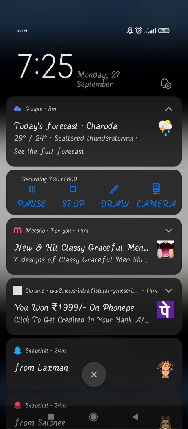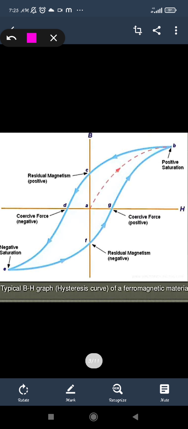Here you can see the variation. This is the 0 point, A. Whenever a sample is kept there, let the magnetic field be 0. This is the initial unmagnetized state of the ferromagnetic sample, and the magnetizing field will then be gradually increasing. Before increasing, this is the point where the magnetic field intensity and the magnetic field B are both 0. That is, the body is not yet magnetized.